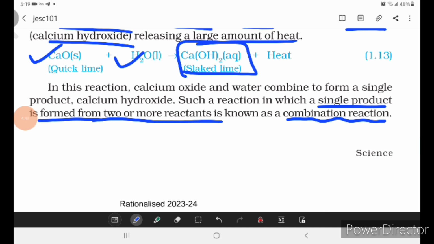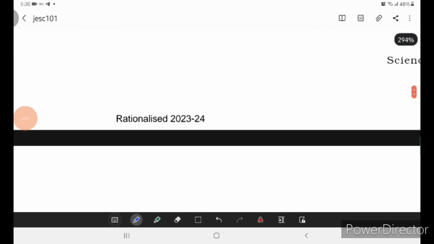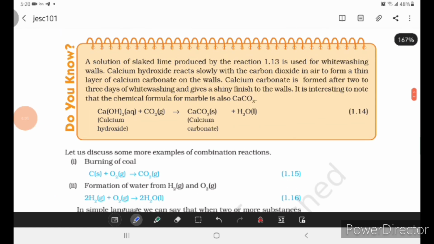So what is a combination reaction? A reaction in which two or more reactants give only one product, only a single product, is said to be a combination reaction. Okay, now